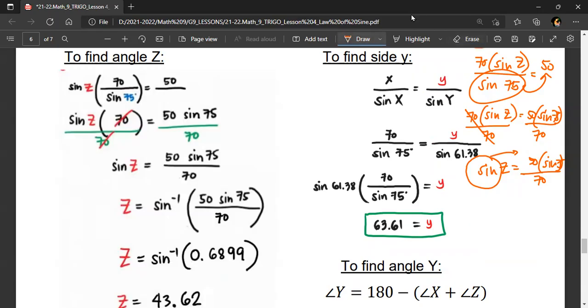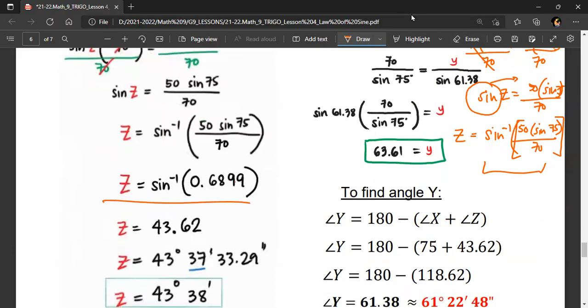When we isolate letter Z, or angle Z, we'll come up with arc sine, which now has a negative power, and then copying the given or transformed trigo ratio here. So sine 75 divided by 70. And you can use brackets or braces. This time, only the angle Z, or capital Z, remains on the left. And all of the solvable parts of the equation are on the right. Now, if you input this on your calculator, you will come up with this level of solution.